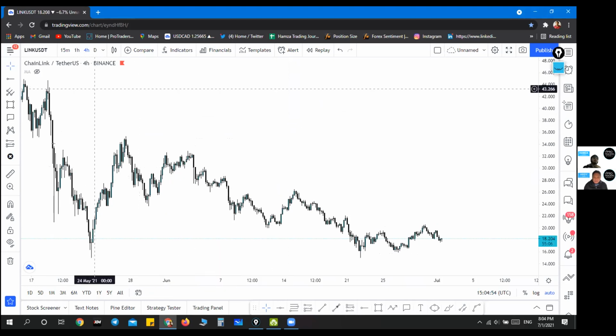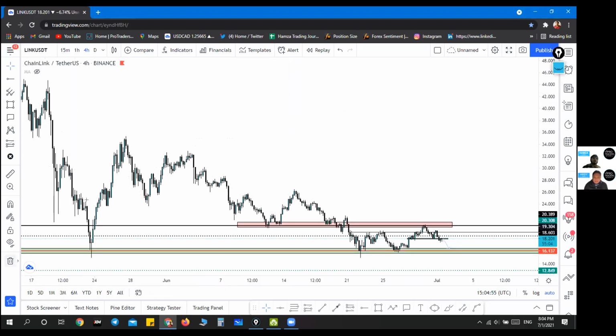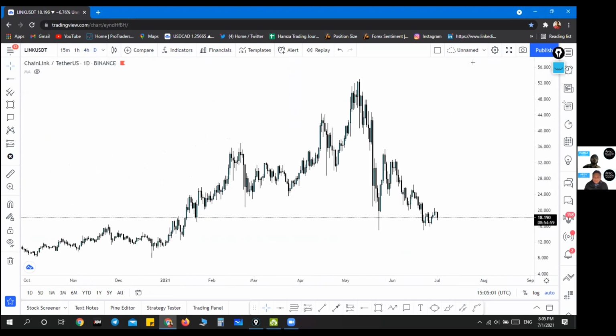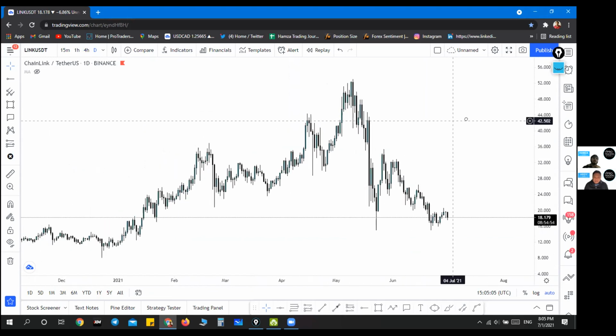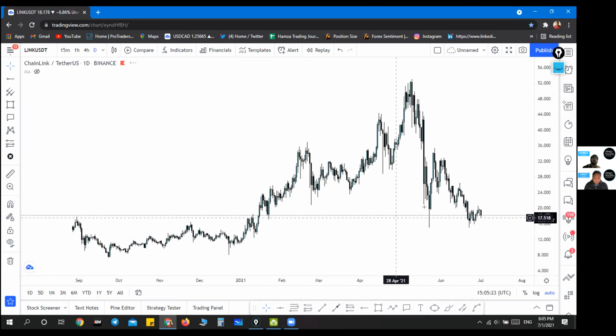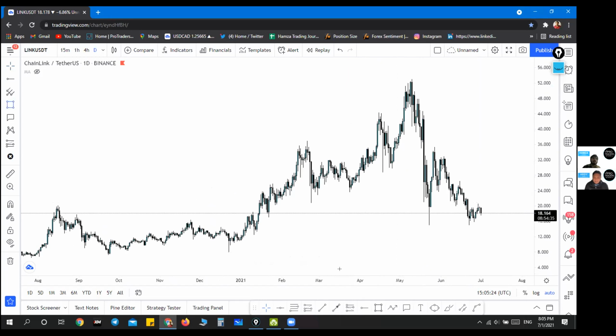So let me just start fresh outlook. First of all, if we go on the daily time frame, we can see that the price is going to the downside very well. The price is making some lower highs and lower lows, and all these signs are of weakness. So the daily bias is to the downside, but here we can see some other interesting thing